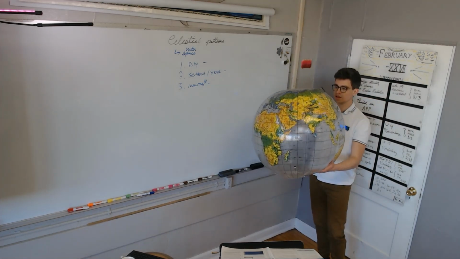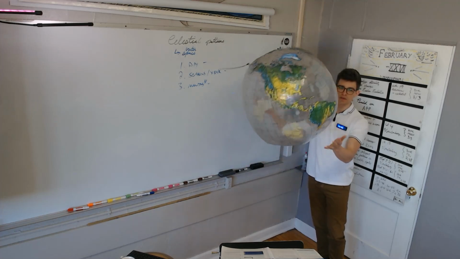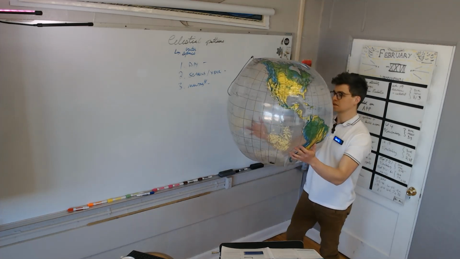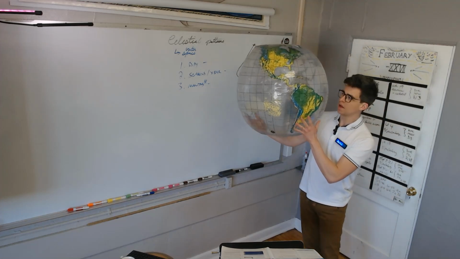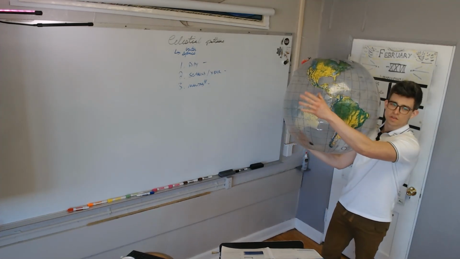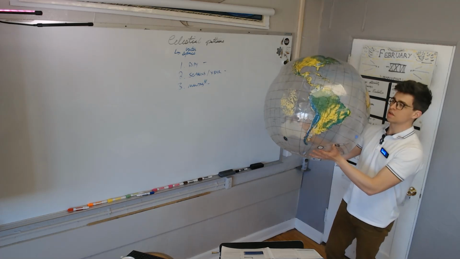So here I have Earth as it exists in outer space. So we're talking about celestial patterns of Earth as it exists in outer space. And I can't see how this is showing up on the video, but is this side of it noticeably lighter from the windows? Does that show up? There are windows over there. Okay, so it's noticeably lighter.